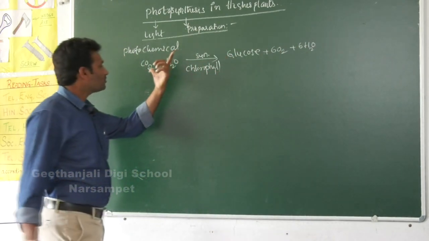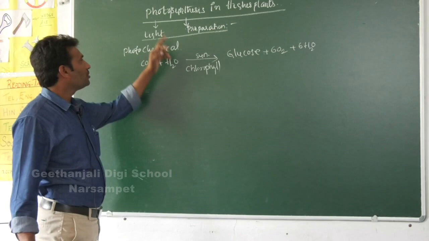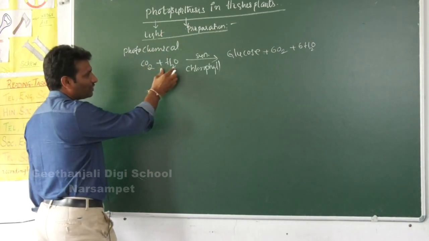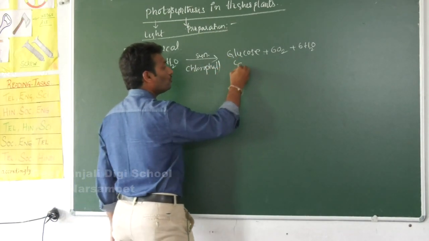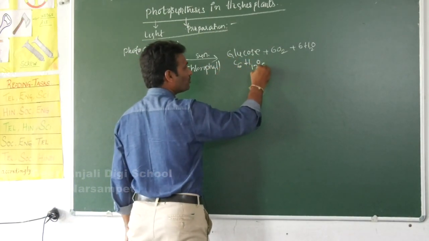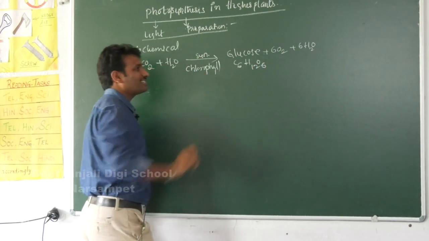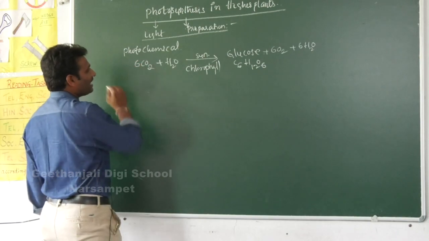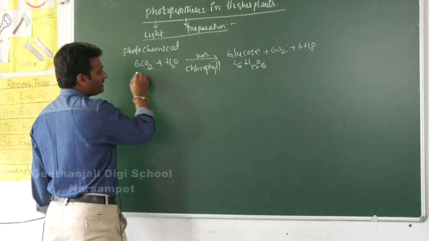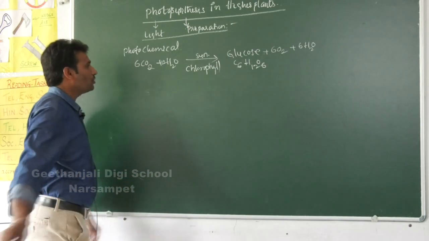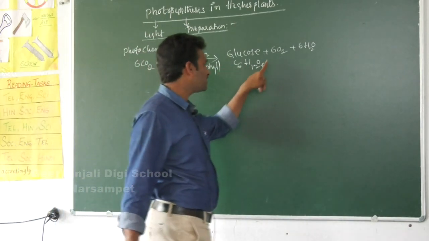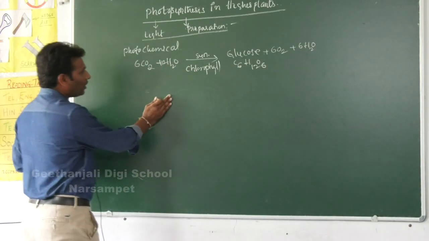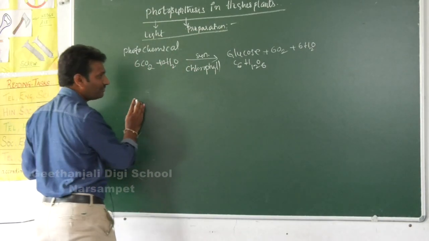That means photosynthesis is a photochemical reaction during which inorganic molecules like carbon dioxide and water are formed into glucose, C6H12O6. In this process, oxygen and water are produced. Now, if you see the balanced equation of photosynthesis, 6CO2 plus 12H2O gives rise to C6H12O6 and 6O2 and 6H2O. Now, in this reaction,